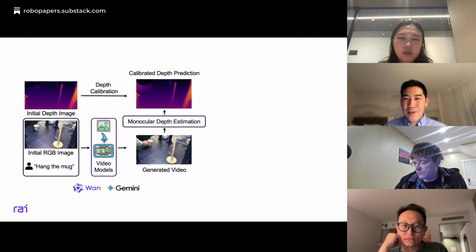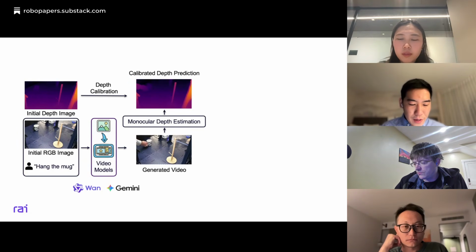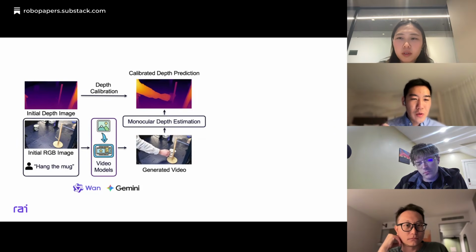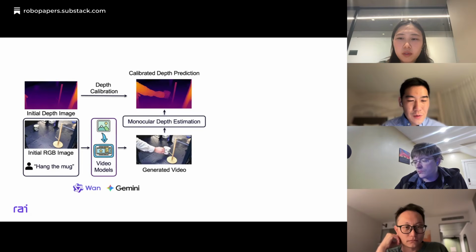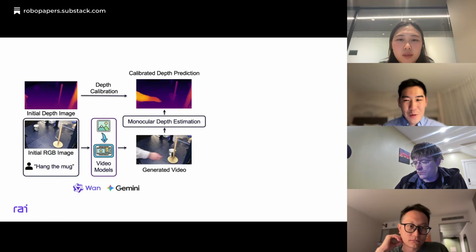So you must have this kind of scale ambiguity, and how we fix that is we have the initial depth image from the initial RGBD image pair. We use the initial depth image to calibrate the estimated depth video into a metric depth. And we found it actually works pretty well.